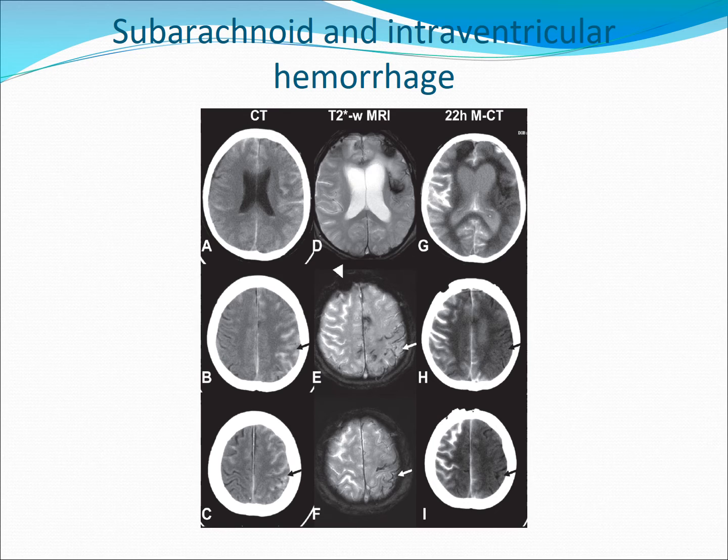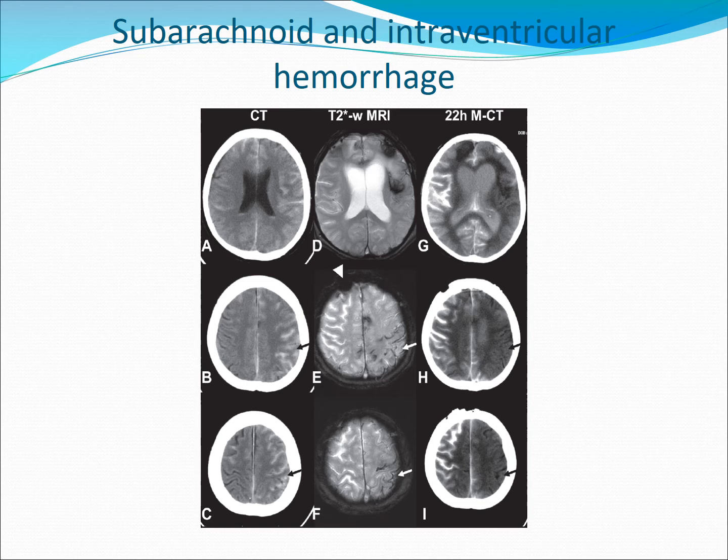This is the CAT scan. In the CAT scan, what's basically happened is these gyri, instead of being black, are white now, and white means blood, as we had seen in a few of the previous images. So all of these gyri, they have blood in them, hence the definition of the subarachnoid hemorrhage. This same patient had an MRI done immediately afterwards, and in the MRI, blood appears black, so you see subarachnoid hemorrhage again, and this is now later on at 22 hours, as it says, in a